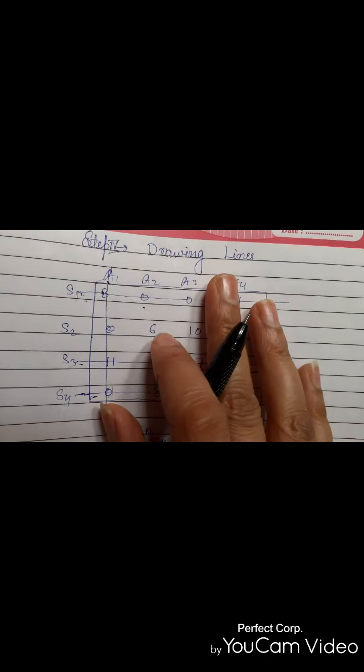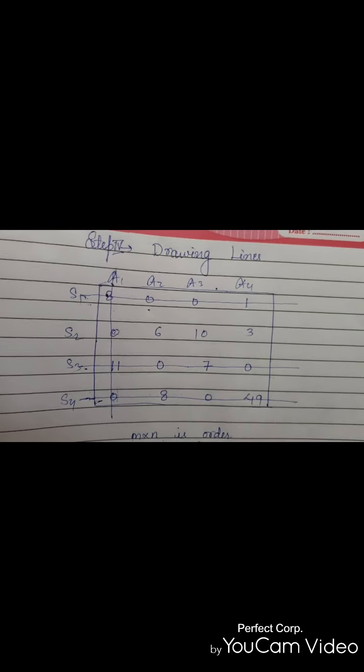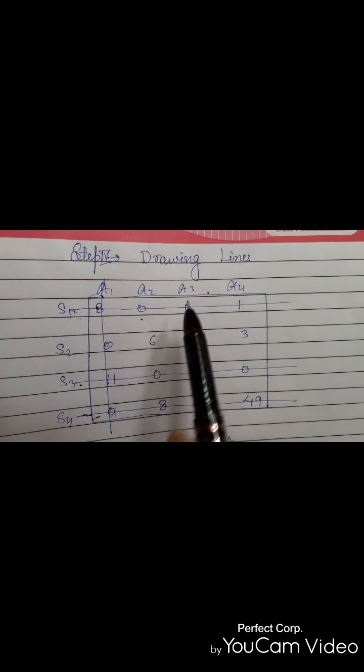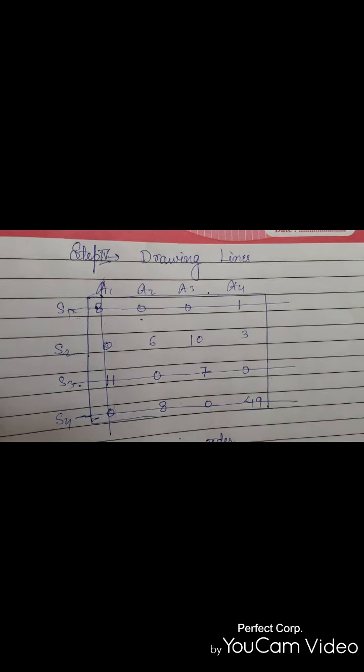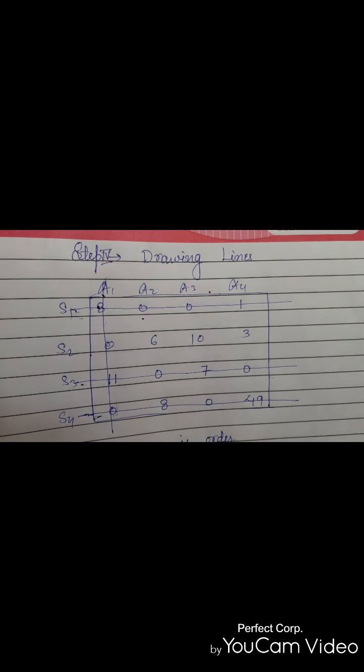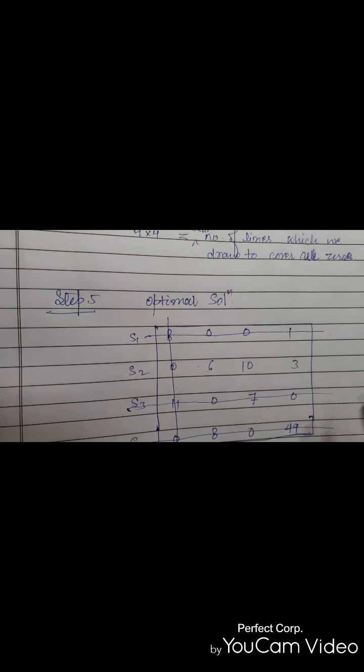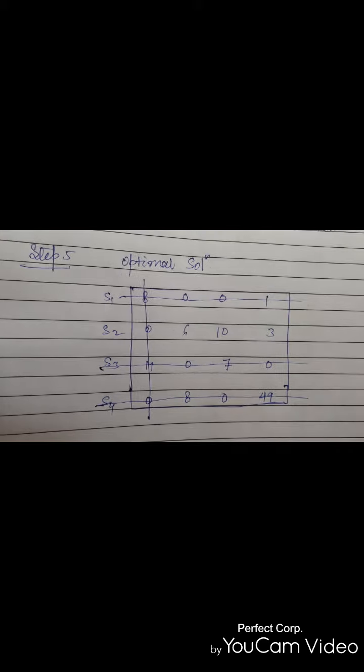Okay, which we use to cover the minimum number of lines to all zeros. Next, what we have to do is start assigning these salesmen to the particular territories. And what is the method? That is the fifth step of finding the optimal solution. So to find the optimal solution, I just need to draw these lines which I have used to check the order of the matrix. Okay, now this will help us in getting the optimal solution. The number of lines are equal to the order of the matrix.